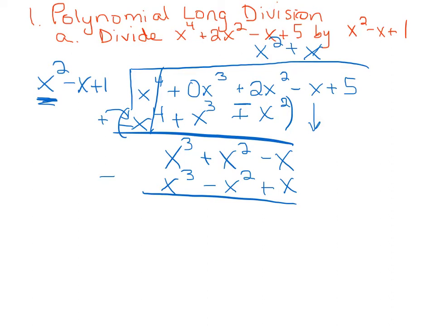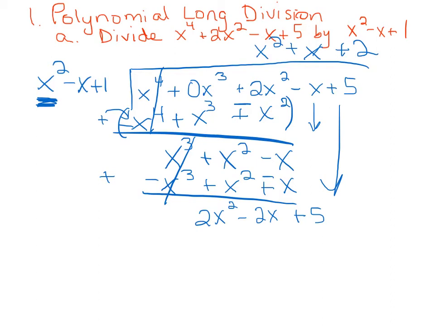When we go to subtract, again, you can add a line, change all your signs. So our x cubes cancel out. This became positive in the next setup here, so we get 2x squared minus 2x. Bring your 5 all the way down. What can I multiply x squared by in order to get 2x squared? Well, that's going to be a plus 2. So when I multiply by 2, I get 2x squared minus 2x